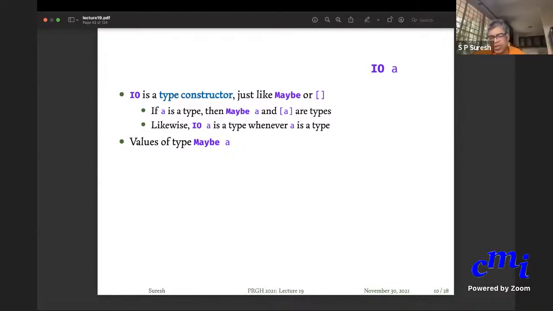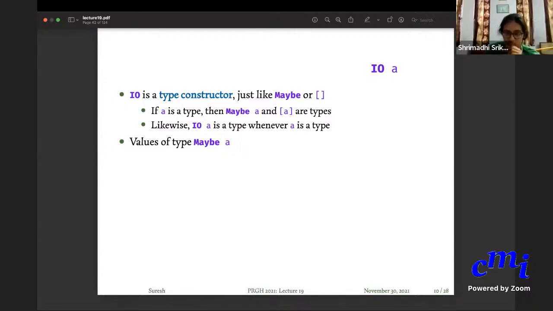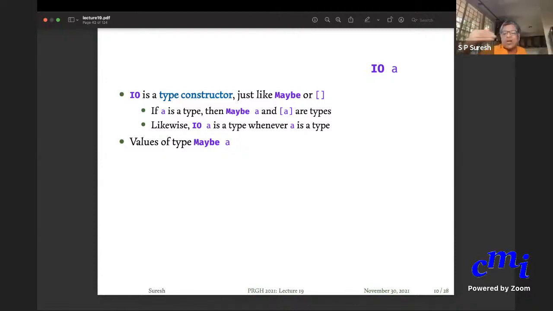Those are two values. So you have two value constructors, namely Nothing and Just. They take a value and construct a new value out of it. Maybe is the type constructor. It takes a type as input and produces a new type. Just and Nothing are value constructors. They take a value and produce a new value: either Nothing or Just x for x belonging to type A.